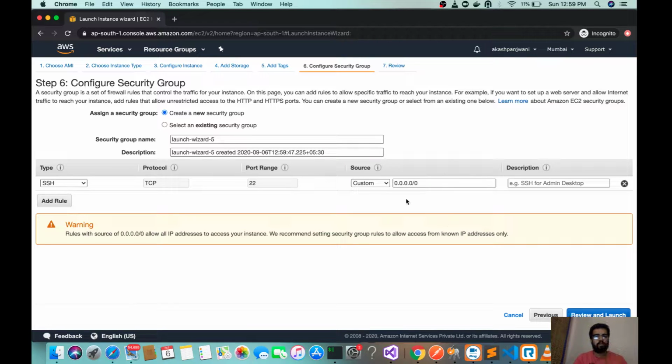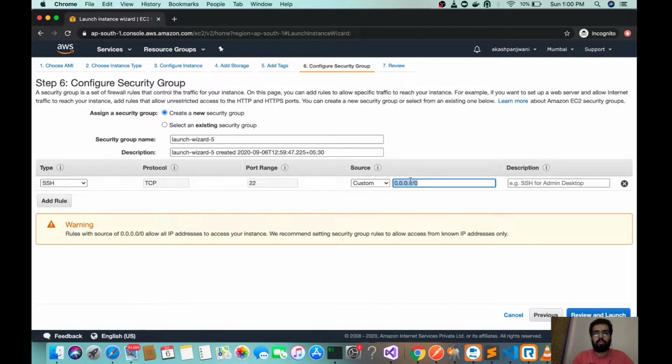Now I will create a security group. Security groups in EC2 instances define at what particular port you want to allow traffic to come. We already know that for SSH, to log in to the instance, port 22 is important. It is the default port through which we can access our instance. So the type is SSH, protocol is TCP, port range 22, and source is custom. We can also put anywhere or my IP, but for ease I am taking custom.